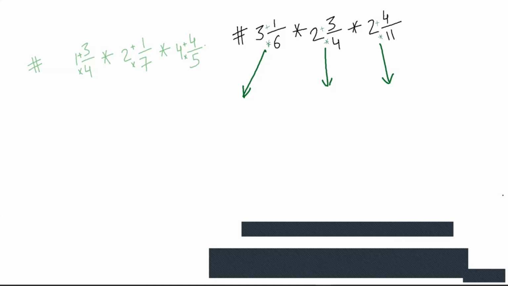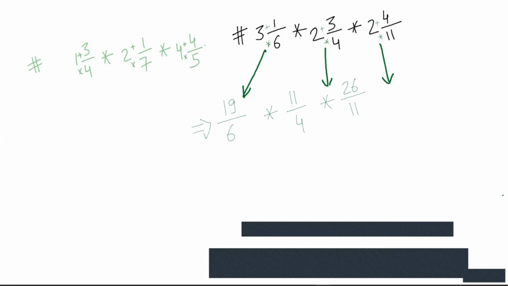Okay. So I can write this as 3 into 6, 18 plus 1, 19 upon 6, multiplied by 4 into 8, 8 plus 3 is 11, 11 upon 4. 11 into 2, 22 plus 4, 26 upon 11. Mr. Sarthak, is it okay?